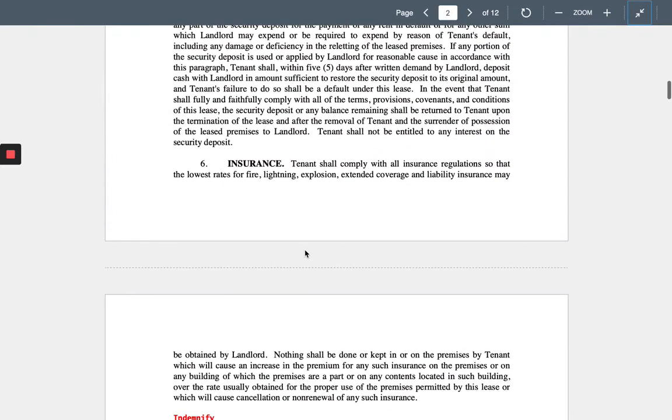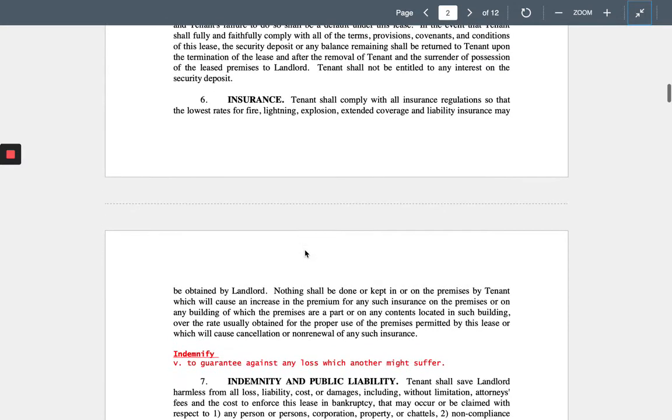Insurance, you are required to keep insurance on the building. So let's read through this. Tenant shall comply with all insurance regulations so that the lowest rates for fire, lightning, explosion, extended coverage, and liability insurance may be obtained by landlord. Nothing shall be done or kept in or on the premises by tenant which will cause an increase in the premium. So you can't also have your, I don't know, your ammunition